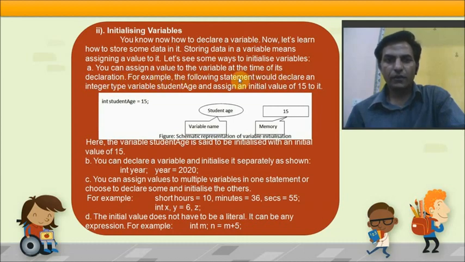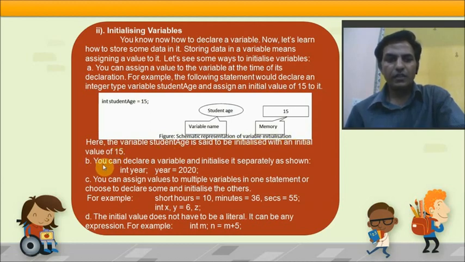For example, the following statement would declare an integer type variable studentAge and assign an initial value of 15 to it. That means studentAge is a variable of integer type whose value is 15. So here the variable name is studentAge and memory will store 15 as an initial value. Here the variable studentAge is initialized with an initial value of 15.